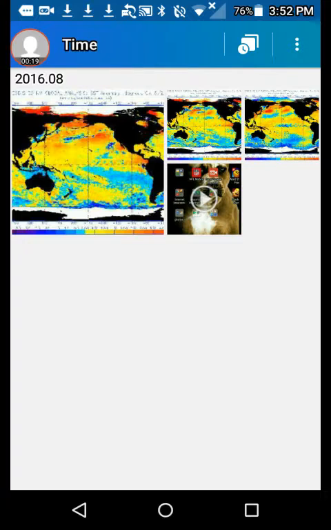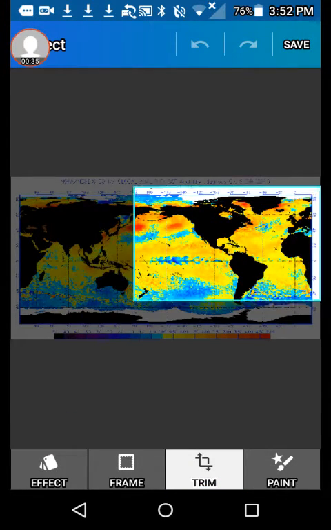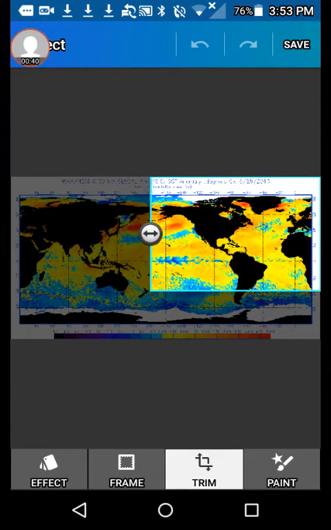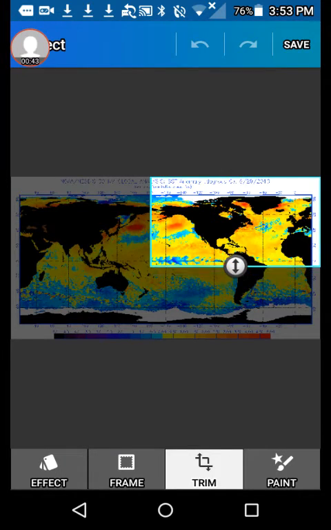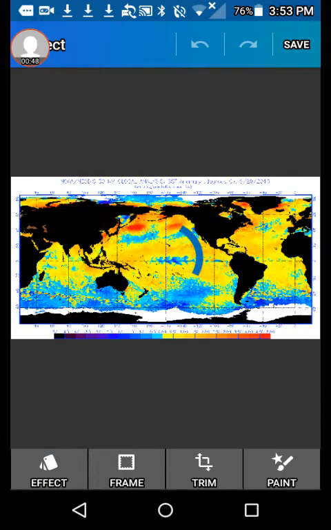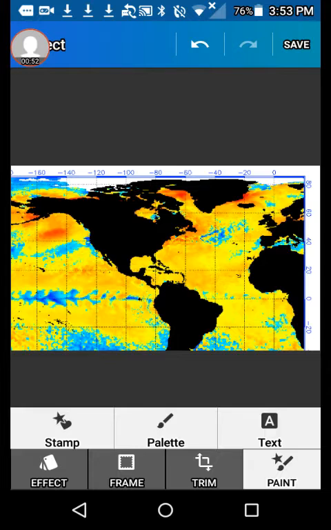So here it is, and these are the current sea surface temperatures globally. I'm not sure if you can see it yet. Yep, now you can see it. And focusing on, once again, the most important regions of the ocean for the United States, and South America. Now, here are the most important regions, and as you can see,